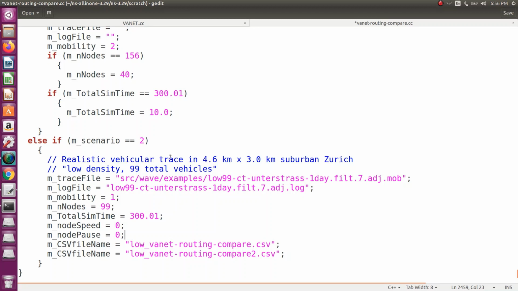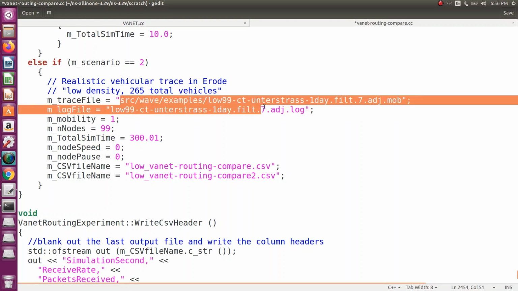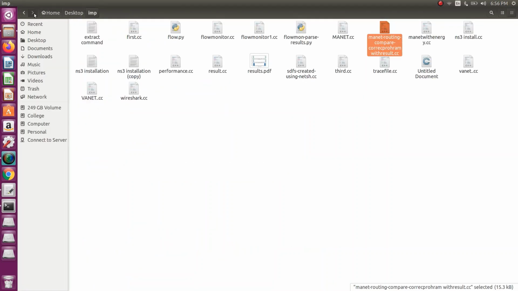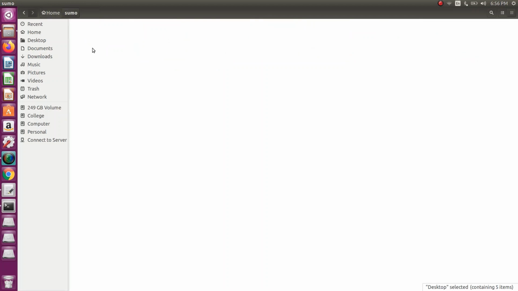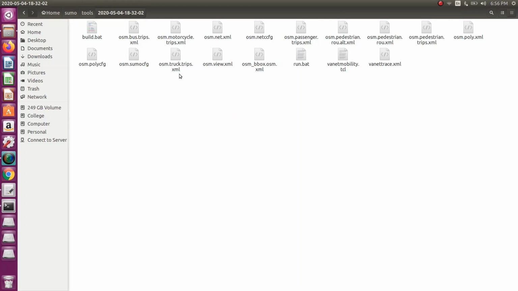How are we changing it? We are taking a realistic vehicular trace from Erode. The total number of vehicles we found is 265. The next, what trace file are we using? It is the VANET mobility.tcl file. Where is it available? It is available in the SMO tools 2020 folder.